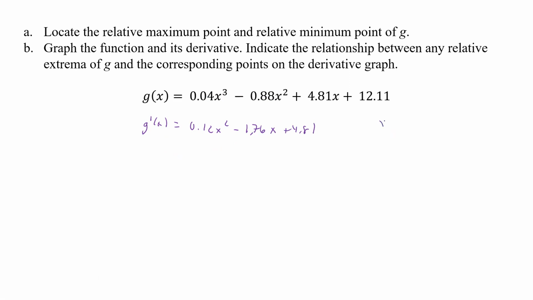So I'm going to say, okay, well, let's let x equal a minus that. So it's going to be plus 1.76 plus or minus the square root of negative 1.76 squared minus 4 times 0.12 times 4.81, all over 2 times 0.12. Okay. So if we plug that into our calculator, we're going to get